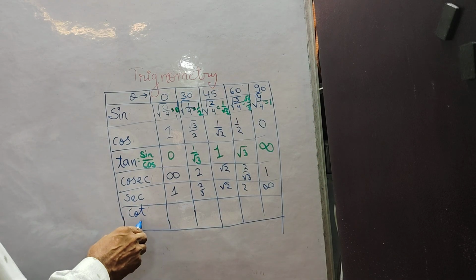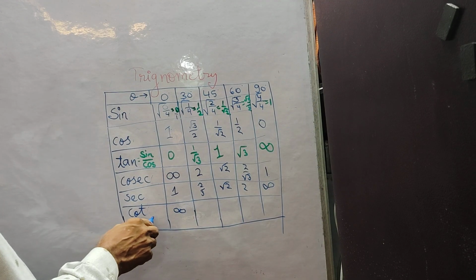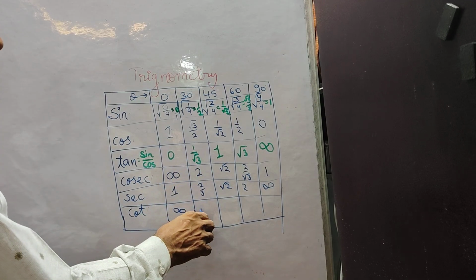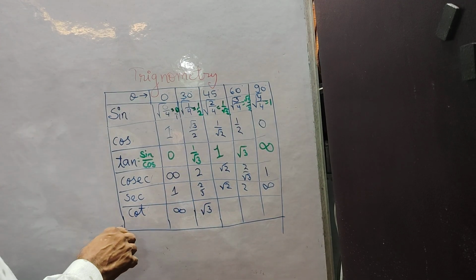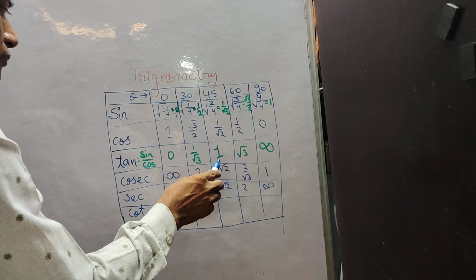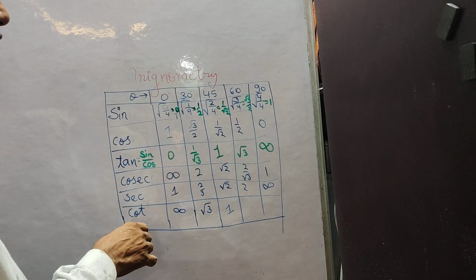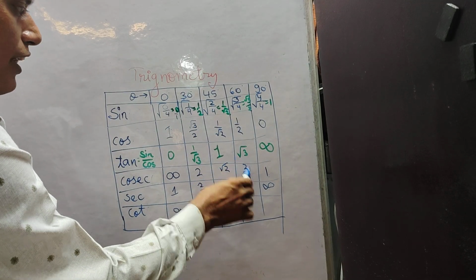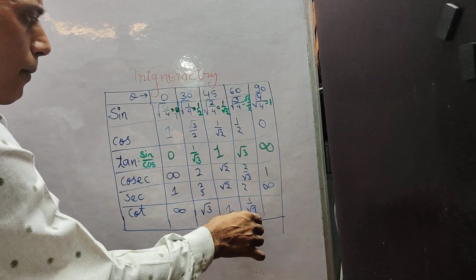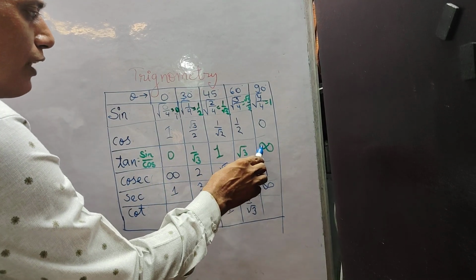Now comes to cot. Cot is the reciprocal of tan, so cot 0's reciprocal is 1 by 0, that means infinite. And cot 30 is the reciprocal of tan 30, so tan 30 is 1 by root 3, its reciprocal is root 3 by 1, that means root 3. And cot 45 is the reciprocal of tan 45, that means 1, 1's reciprocal is 1. And cot 60 is the reciprocal of tan 60, so tan 60 is root 3, so root 3 by 1's reciprocal is 1 by root 3. And last, cot 90 is the reciprocal of tan 90, 1 by 0, that means infinite, so